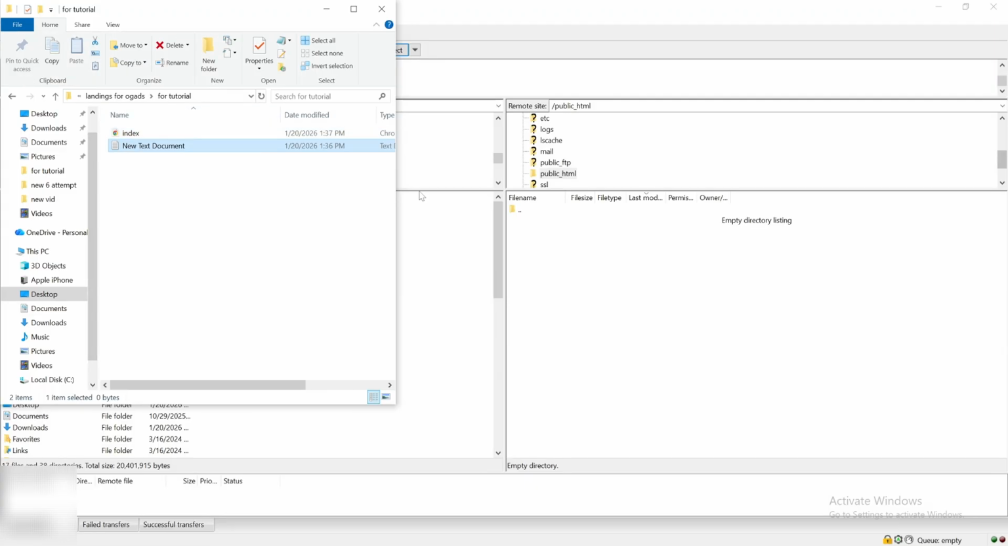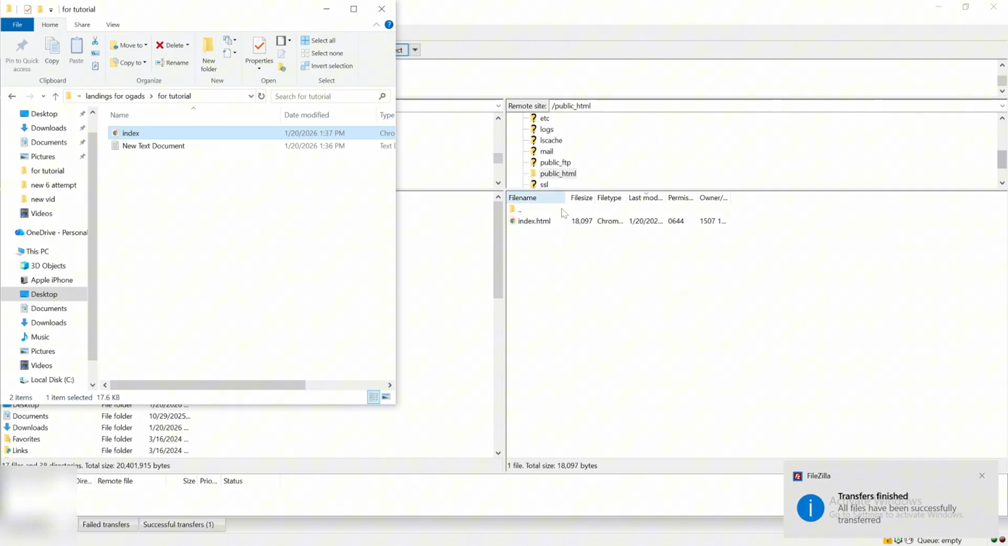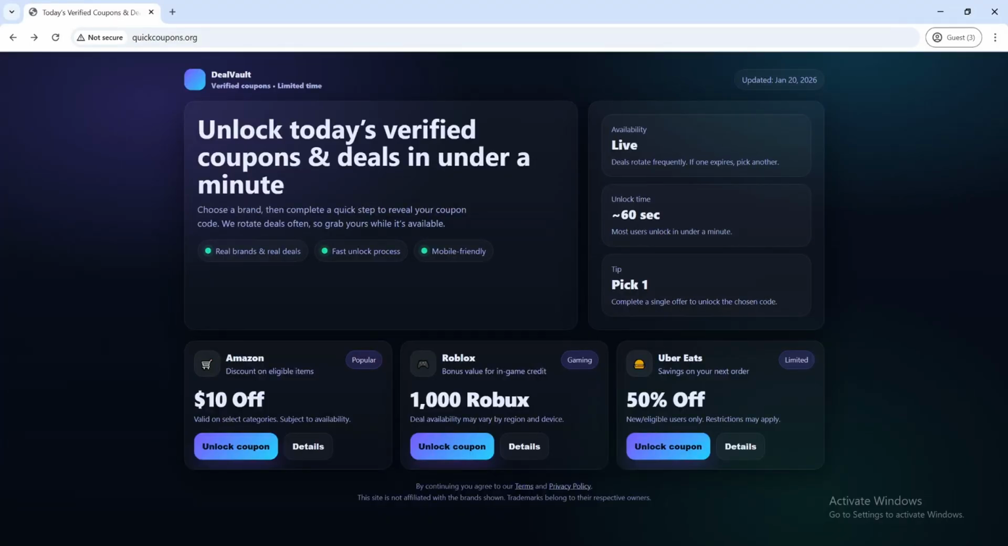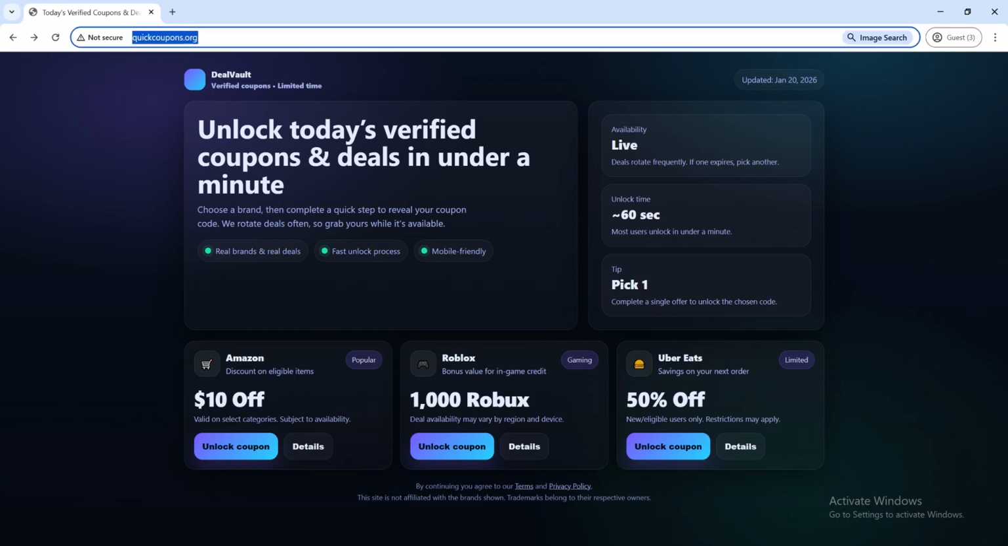So what we're going to do is go ahead and copy the index right here, drag it into public HTML. So where we deleted all the files earlier in FileZilla, we will go ahead and drag that in. Okay, so now that we added the landing page into our hosting, you want to go ahead and go back